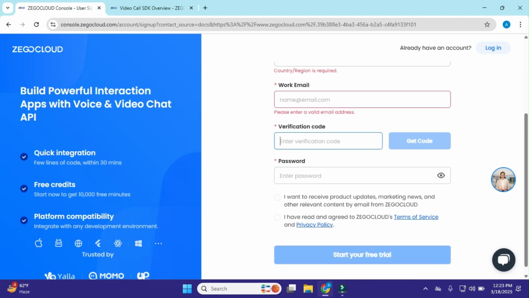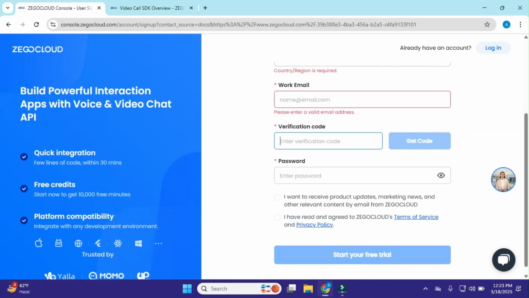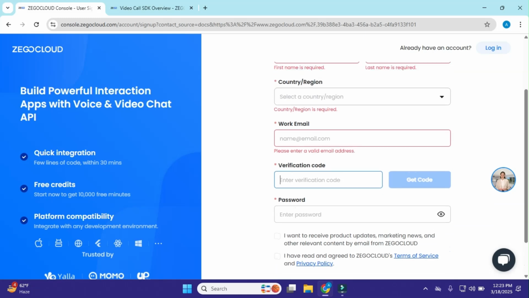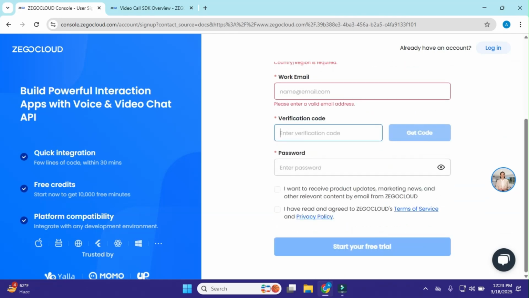And here you need to add the phone number and get the verification code on your phone, and just enter the code here. Okay, so that's it. And you also need to add a password. Okay, and one more thing, Zego Cloud provides us free credits of 10,000 free minutes. Okay, and it is also platform compatible. You can integrate it with any development environment.